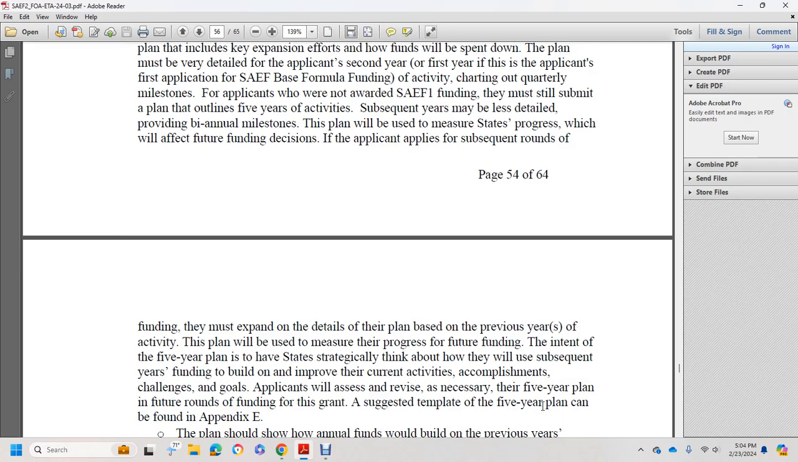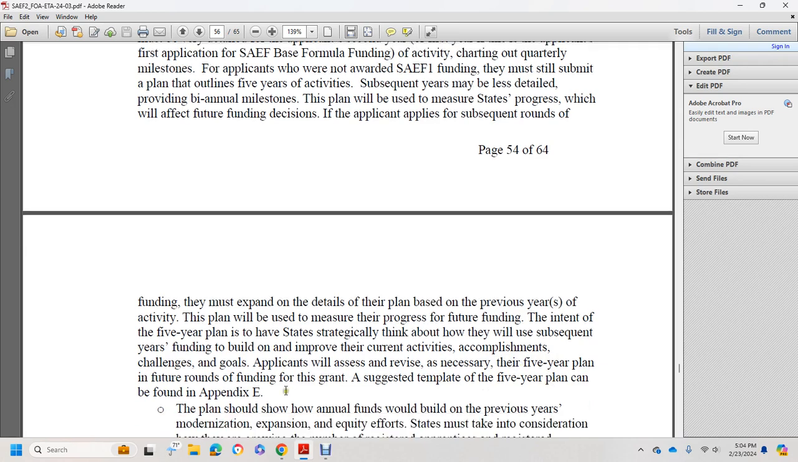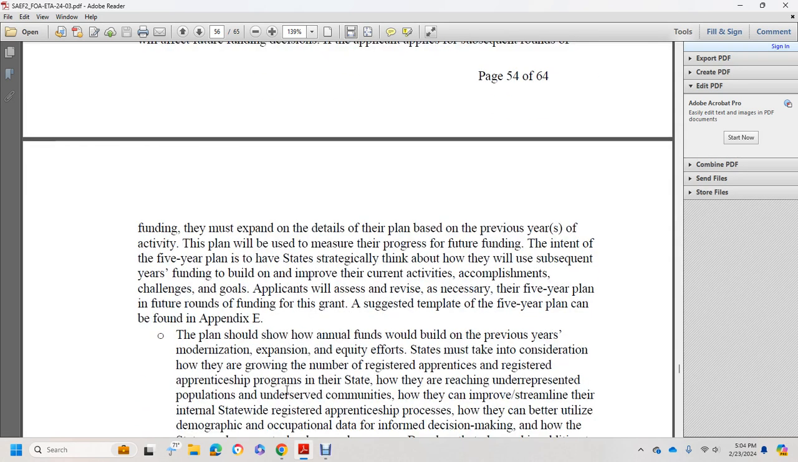The intent of the 5-year plan is to have the state strategically think about how they will use subsequent years of funding to build on and improve current activity, accomplishments, changing challenges, and goals. The applicant will be required to revise the 5-year plan with future rounds of funding of the grant, and the suggested template for the 5-year plan can be found in Appendix C. The plan should show how the annual funds will build on the previous year's modernization and expansion from the equity efforts the state has taken into consideration under the grant,